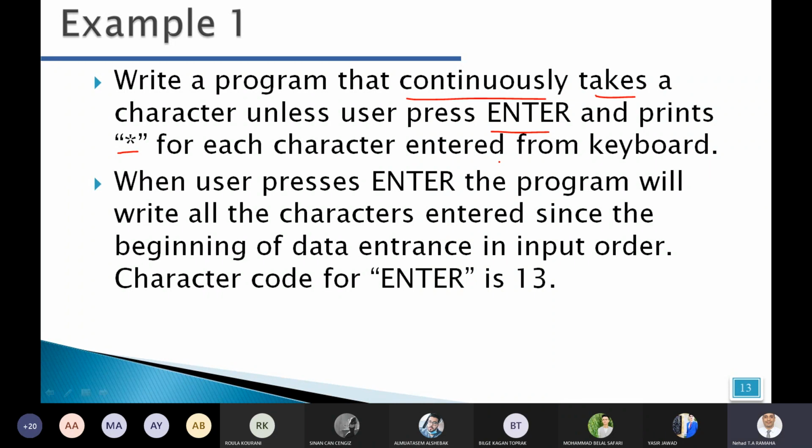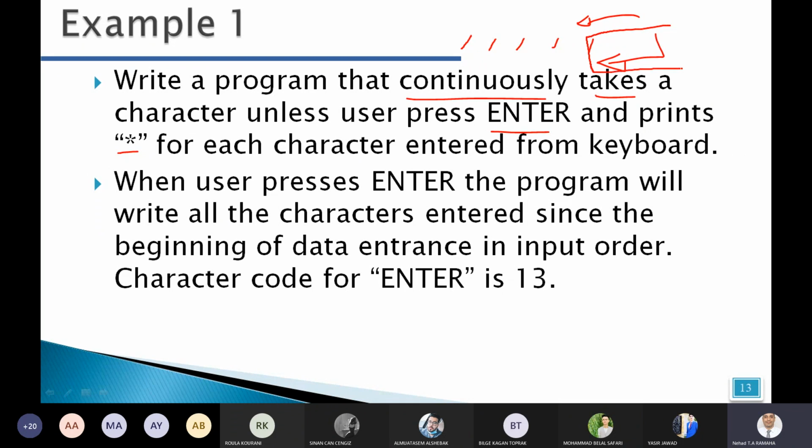Okay, let's now just understand what we need. We need to read from the user. He will still enter characters until